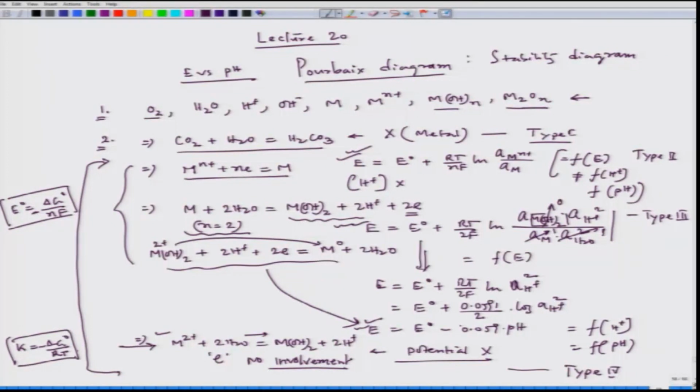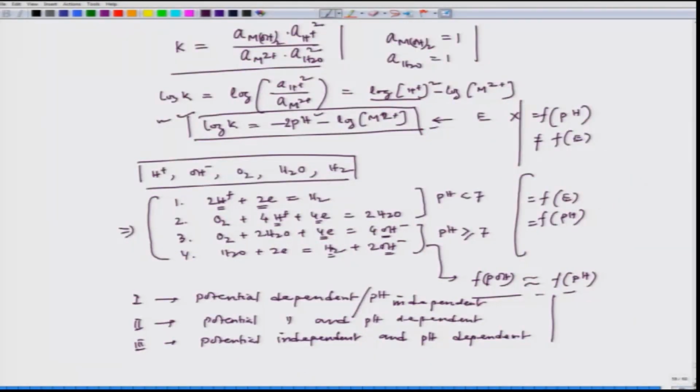So, there we have the application of delta Z0 or the application of standard chemical potential of the species. In addition to that, we have to calculate this